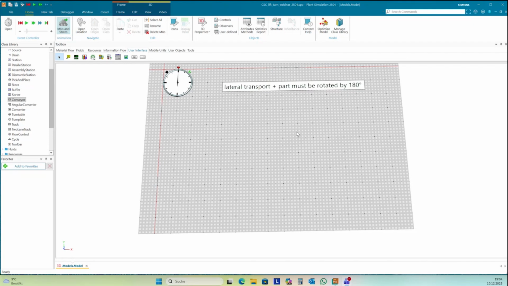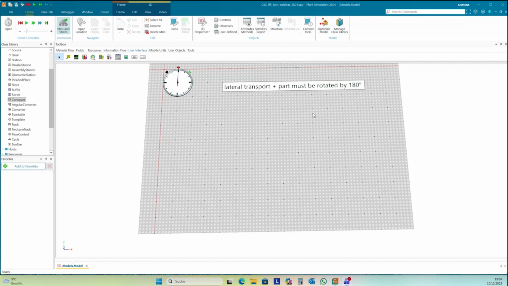Another way would be you have a chain conveyor, and the chain conveyor stops at a certain position, the part will be lifted and then turned by 180 degrees and placed again on the chain, and then the chain conveyor will transport the part further to the destination. So we have really a lot of different technical ways this could be solved.